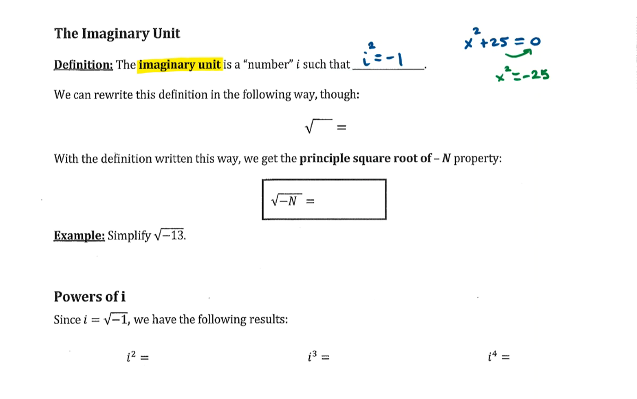Okay, so with the definition of the imaginary unit, I'm going to give you a rewrite of it. To say that i squared is equal to -1 is to say that the square root of -1 is equal to i. What's neat about having the rewrite this way is that we can introduce something called the principal square root of -n property. In other words, if we come across the square root of a negative number, such as the square root of -n to be generic,